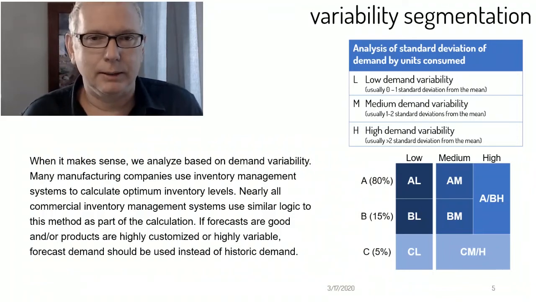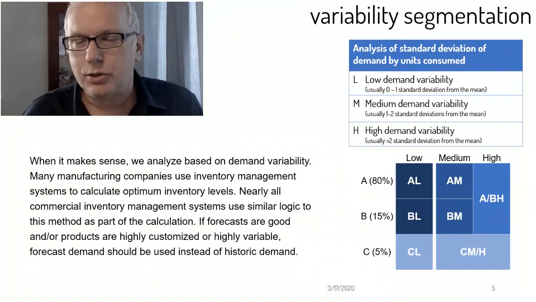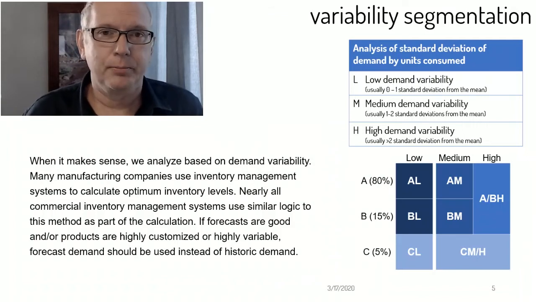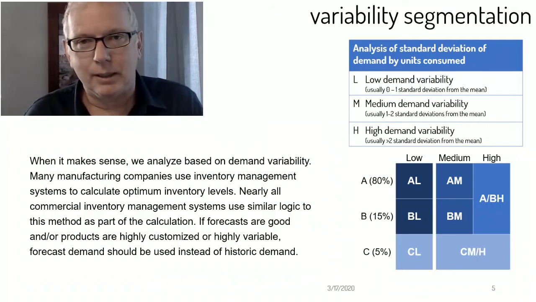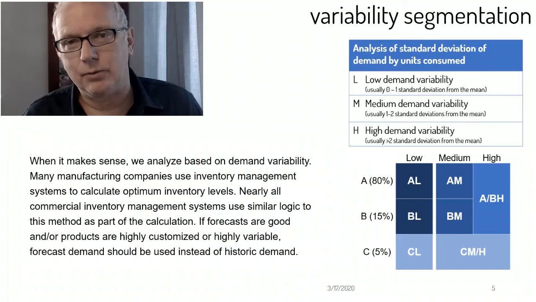I was working in a company that made milk. Their product that was kind of in that medium variability range was chocolate milk, because this was in the Netherlands and they use chocolate milk a lot to make hot cocoa in the winter. So the sales of chocolate milk was directly correlated to the weather. And the weather can be kind of that medium variability. If you track it over time, you know it's going to get cold, but you don't know how cold or for how long. And so the demand for chocolate milk was not consistent, whereas the demand for white milk was